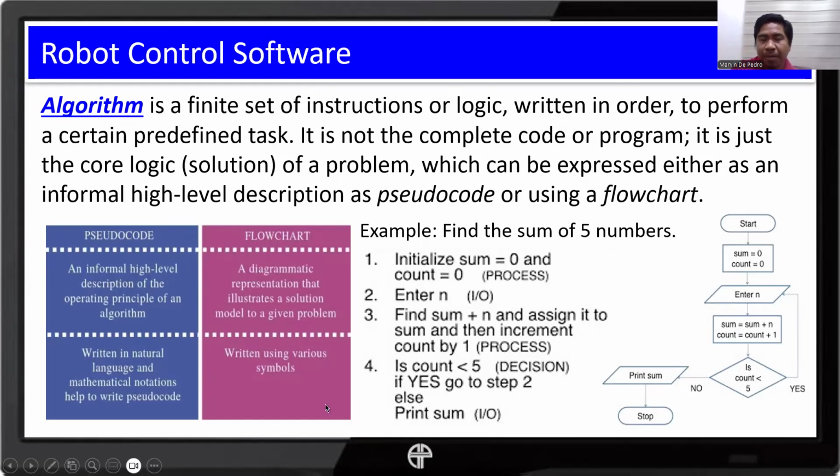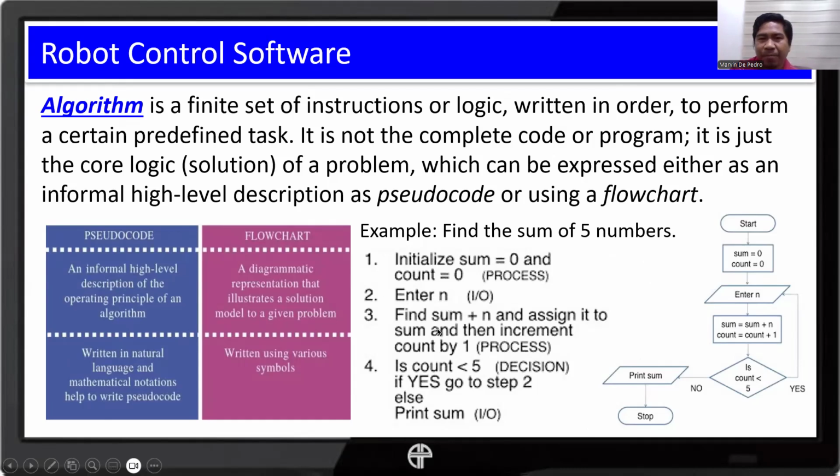So when we say algorithm, we basically let others know our algorithm by showing them our pseudocode or our flowchart. So we have an example here of a pseudocode. It looks like a code, but not really a code. It's more like an English statement that has been minimized, or shortened, right? They are just like shortcut sentences that look like a code.